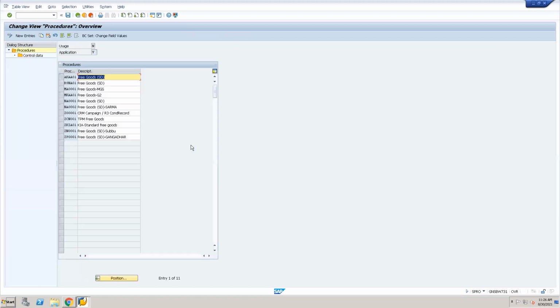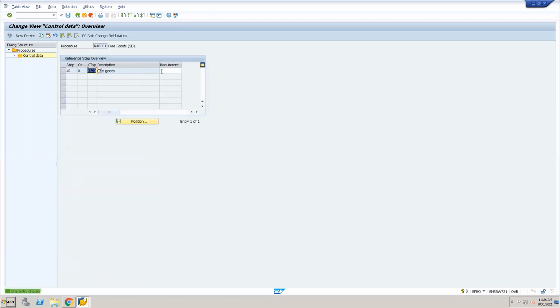Here NA00 maintained. కండిషన్ టైప్ NA00 అన్నది ఒక ప్రొసీజర్ లో మెయింటైన్ చేశారు, ఆ ప్రొసీజర్ ఆ పర్టికులర్ సేల్స్ ఏరియాకి కాంబినేషన్ లో మెయింటైన్ చేశారు.